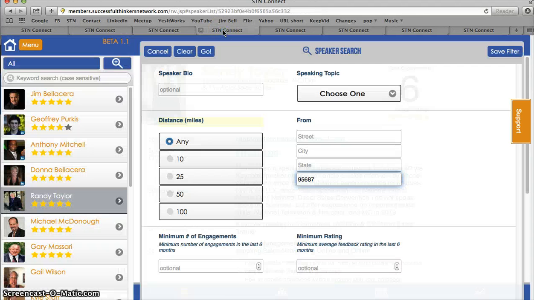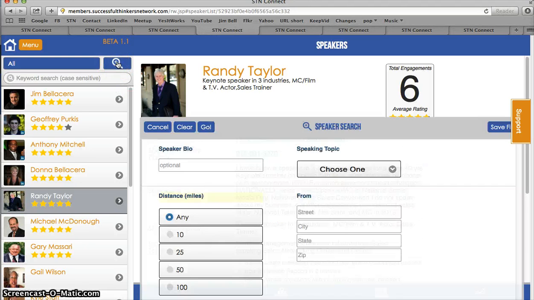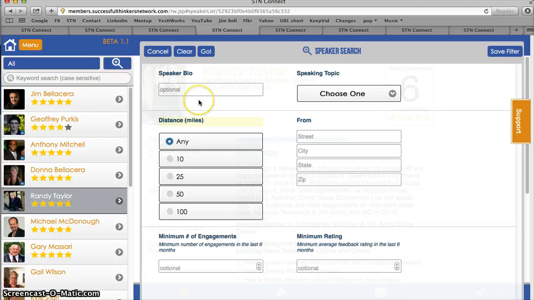And then here, there's a tool. I'll just close this out. When you click on this magnifying glass, always notice that there'll be a magnifying glass or a little box right here, and every time you get to this type of section, or the member section, or profession section, when you click on that, it opens up a tool. And the tool is different depending on where you're at. In this case, it's specific to speakers, and if you're looking for a speaker in your category, from your zip code,